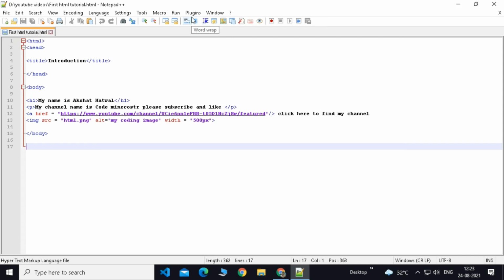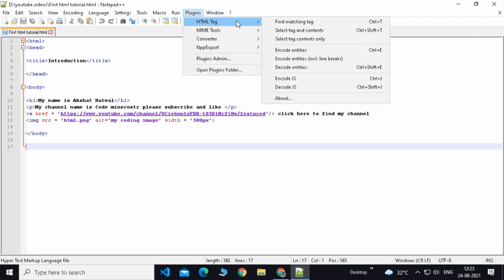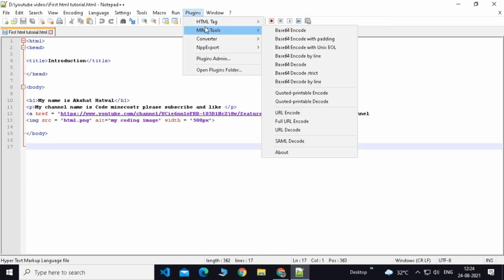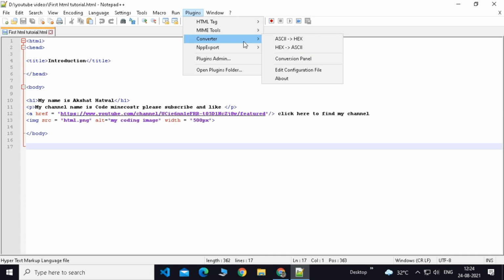Okay, so everyone, I have now deleted my snippet folder, and now if you go on your plugins, you will see there are six options, but four of them are HTML tag. If you just use one, then you don't want to go in that. I will give you a guide on them after some videos, because I will also have to do some research. These are large topics, so yeah. Then there is MIME tools, same with them. Do not go on them and just click on anything. You might do something irreversible and you might get in trouble then.